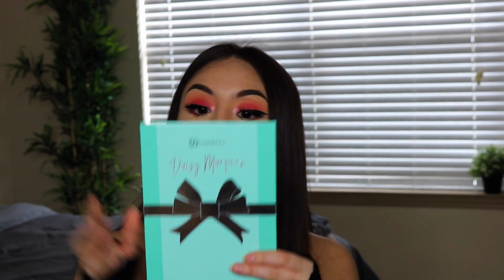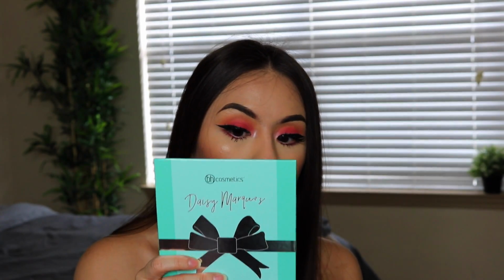It doesn't look too, oops. It looks really nice up close. It doesn't look too matte or drying. And I think I picked a really good shade match for me. It matches really well. I would definitely suggest going to like an e.l.f. store